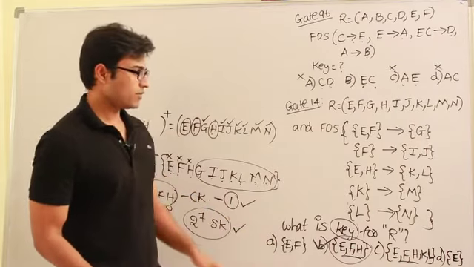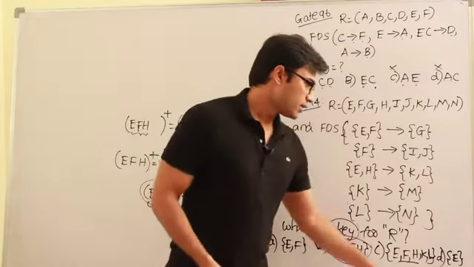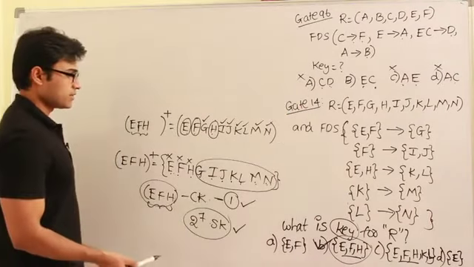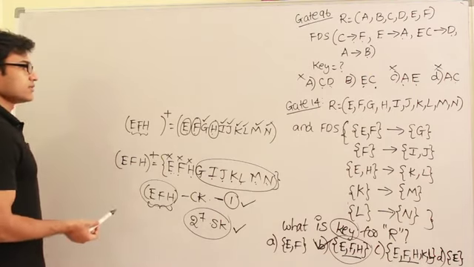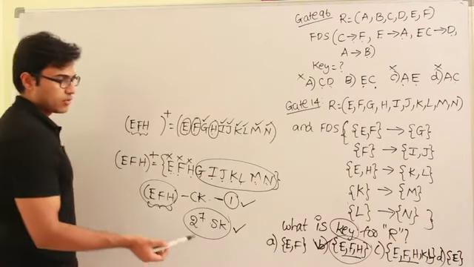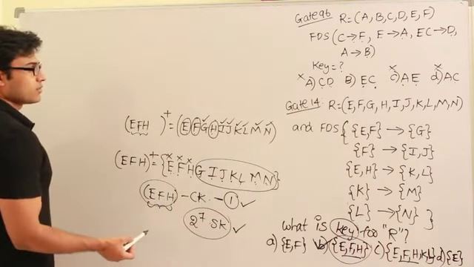And E and F cannot be the key at all, because they should contain H, and E cannot be the key at all, right? So the answer is B and C, because they are just asking about the key. They are supposed to ask about the candidate key. Okay, fine. So I don't know about it.